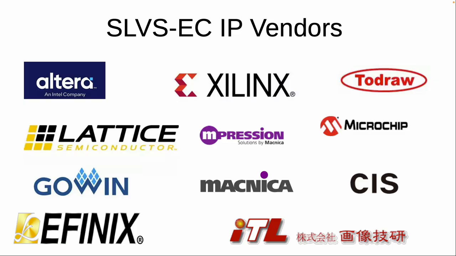If you want something simpler, what's really interesting is SLVS-EC, sub-low voltage signaling EC, originally from Canon, a standard from the Japanese Camera Association. The sending protocol, Canon doesn't want competitors, so that's very tightly proprietary. The receiving protocol, it's a little bit difficult to get access to the specs, but obviously a number of people here have done it. And this will go to higher bandwidths than MIPI CSI. The most interesting thing about this is it will run on a single lane, whereas MIPI CSI requires always at least 2 lanes.